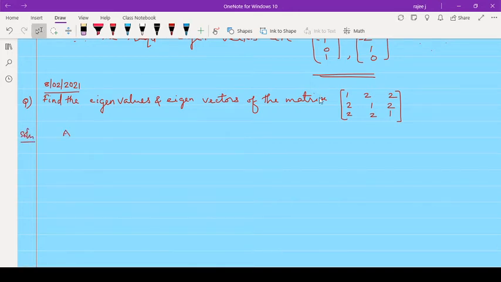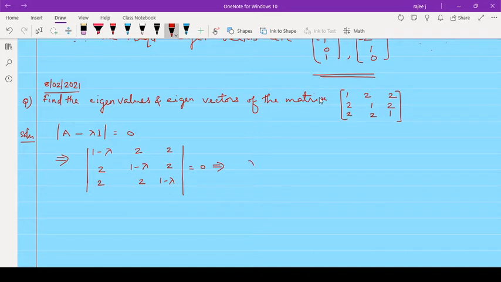So let A be the given matrix. Then the characteristic equation is given by determinant of A minus lambda I equal to 0. That means the determinant with rows: 1 minus lambda, 2, 2; then 2, 1 minus lambda, 2; and 2, 2, 1 minus lambda, equal to 0. So on expanding this, you will get the characteristic equation, and that is lambda cube minus